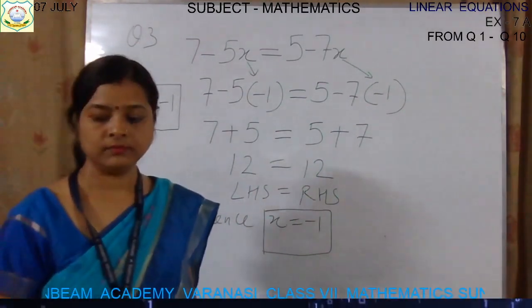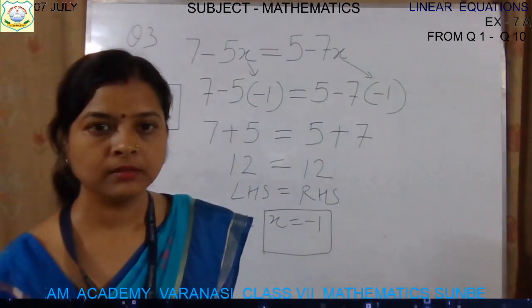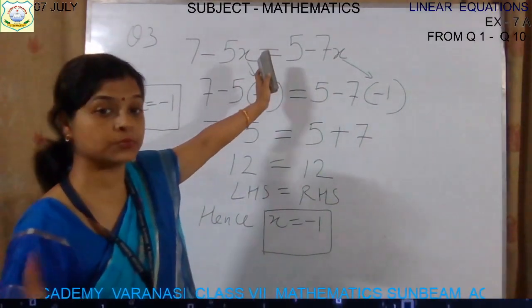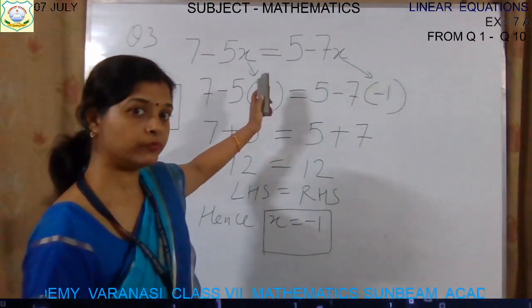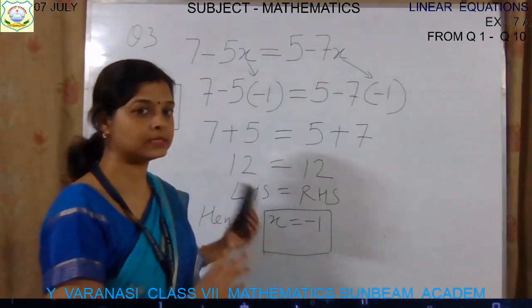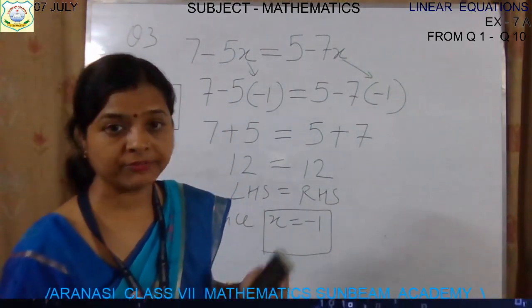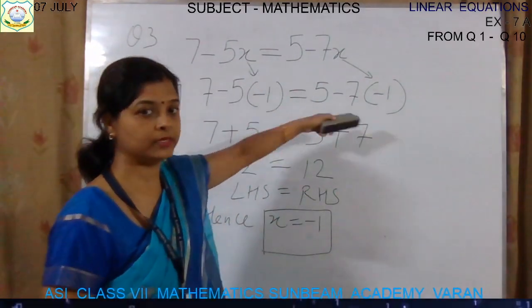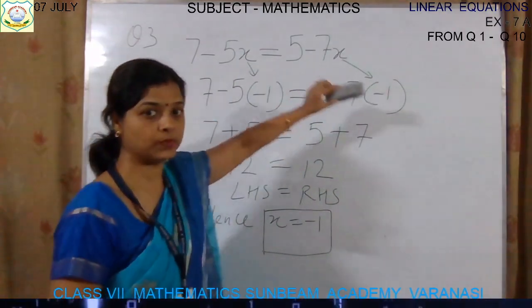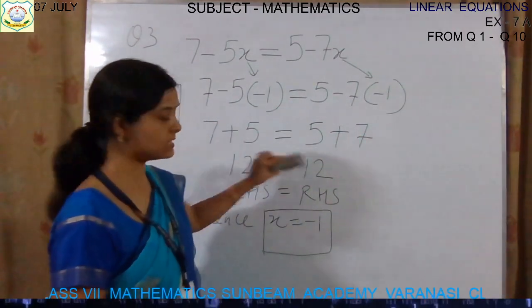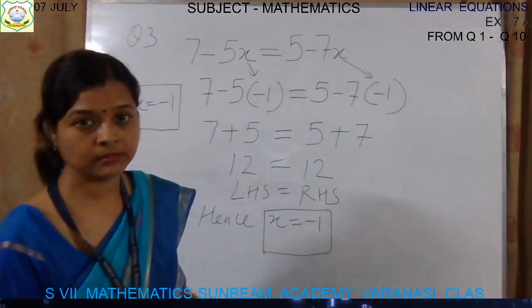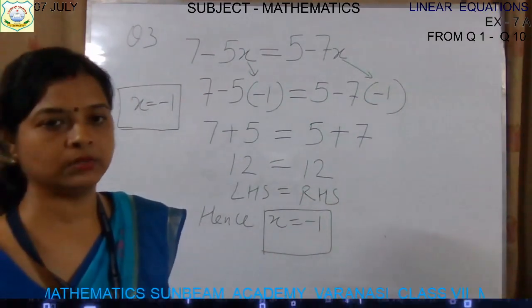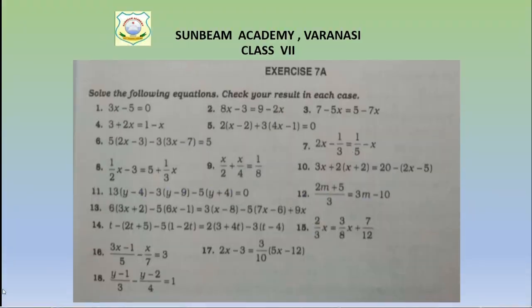Now, let's solve the next question. Next question is, I think it's clear now, children? In this case, there is one variable but on both sides. So we will separate the variable on one side and constant on other side. After finding the answer, we will put it in the place of variable and we will check whether our left hand side is equal to right hand side or not. If it is equal, it means whatever we have found right now, that x is equal to -1, it is correct. Okay. Now let's see the next question.